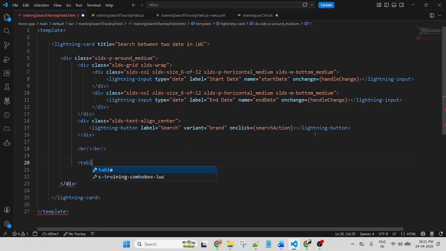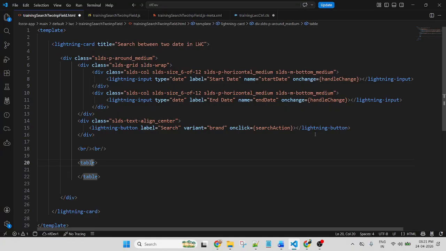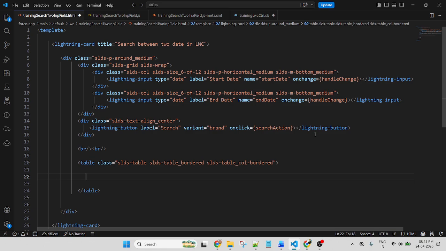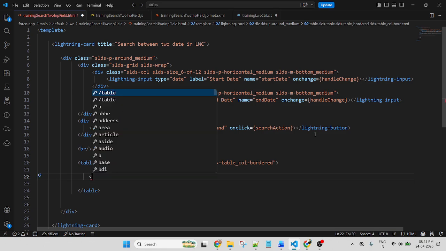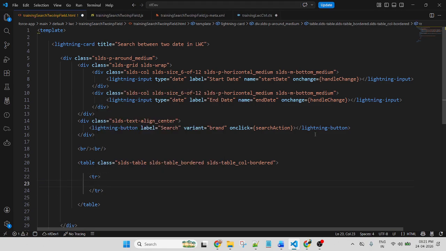Then table, class equal to SLDS table, SLDS table border, table col border. Then use table row tr, and inside the table row use table head.